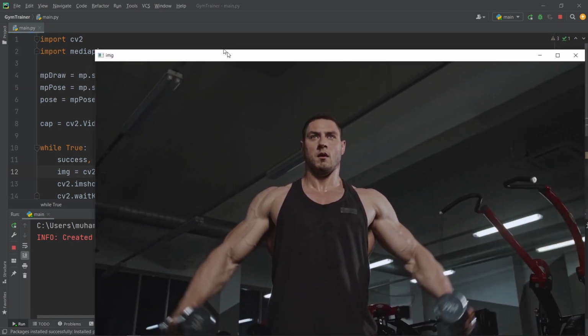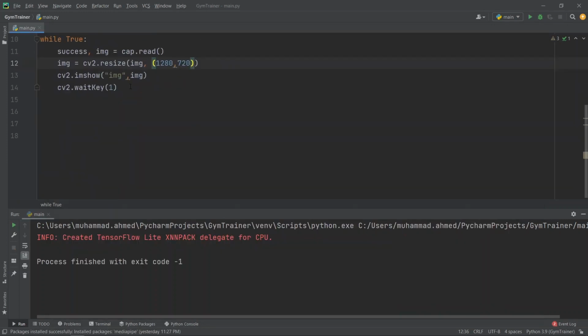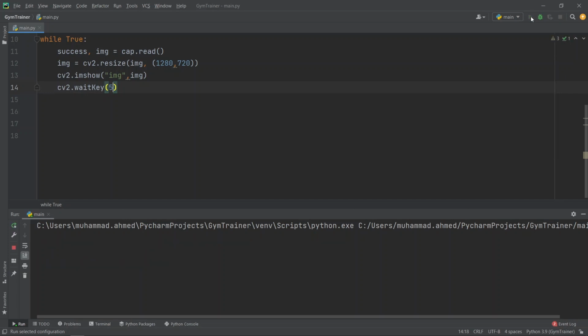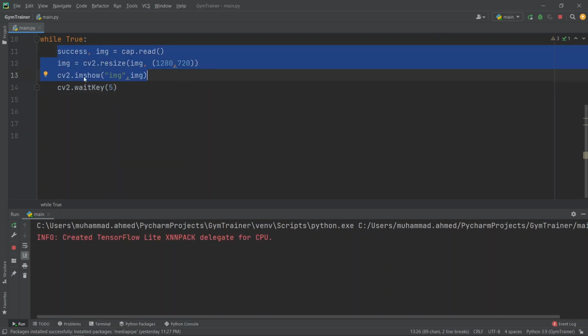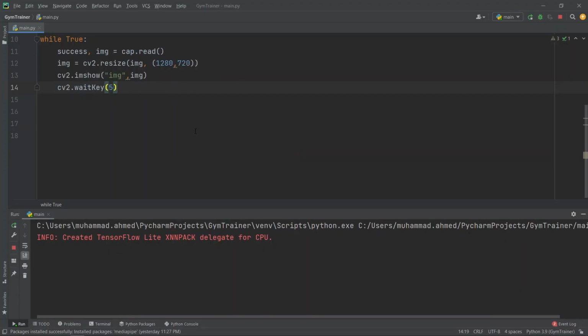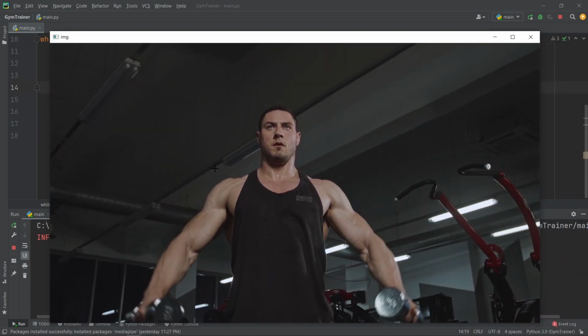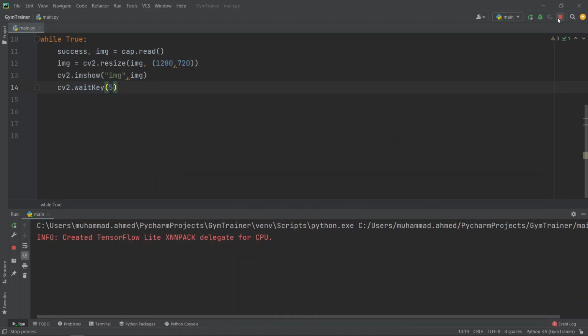Yeah, so we are getting this video, and the reason why this is lagging is because we added the cv2.waitKey. If we just increase it, the lag will increase. So it's just like that. After getting the image, it is converting or resizing it, and then it is showing that image, and then it is waiting for the 5 key presses, and then it is proceeding further. So where is it? Yeah, this one. The video got more delayed, and if we again make it 1, you will notice that it will run 5.